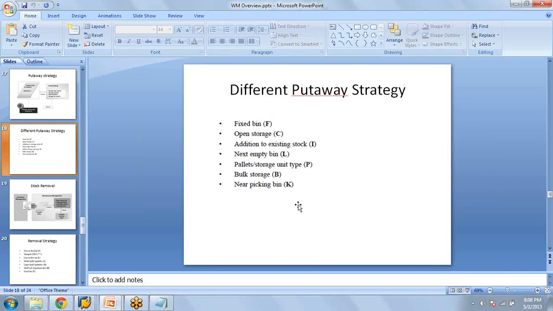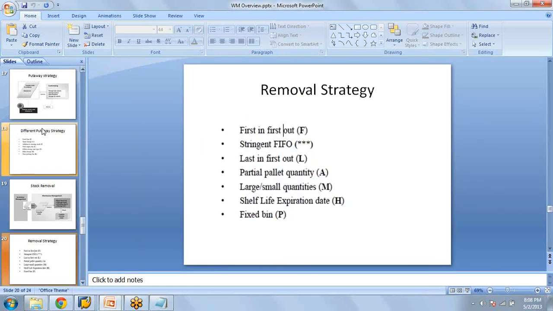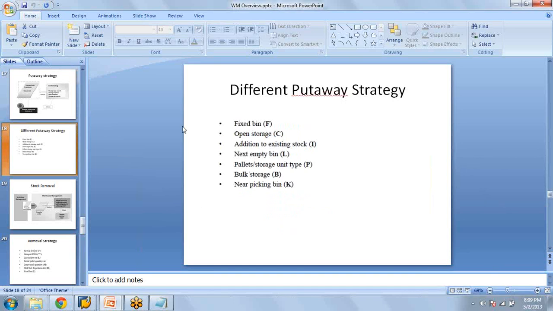And the near picking bin is related to picking. For example, you have a fixed bin in the picking strategy also. So you have a common storage bin from where you pick the goods. Every time you request that material, the warehouse supervisor will always go and pick from some fixed bin. In that case, you use the put away strategy as near picking bin, so that you can reduce the